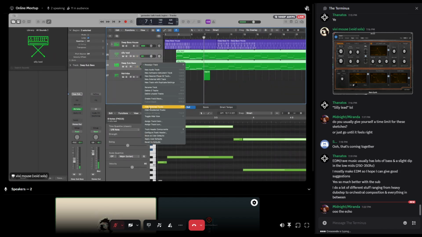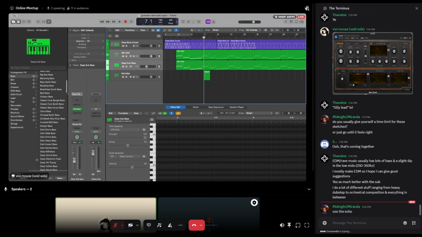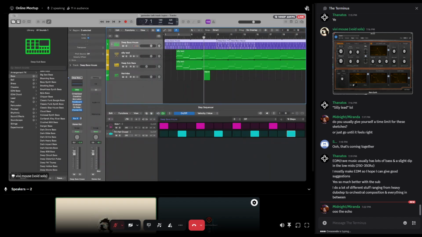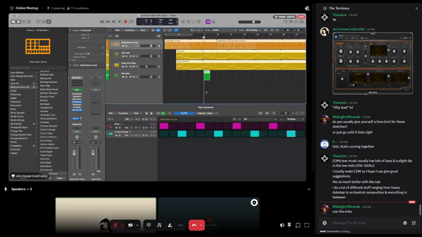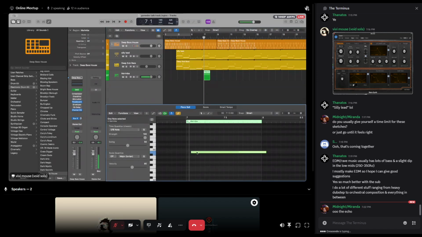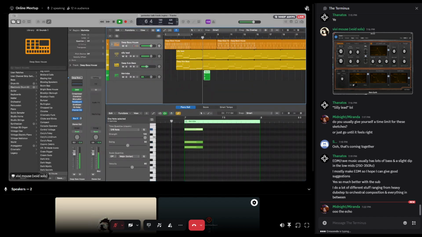So this is just a little thing that I do. I like to color code all my tracks. This obviously isn't important, but it makes me happy to look at. I play a lot with sus chords.